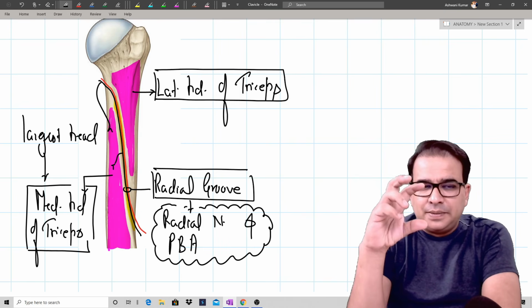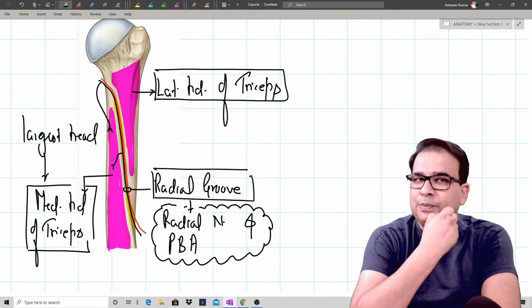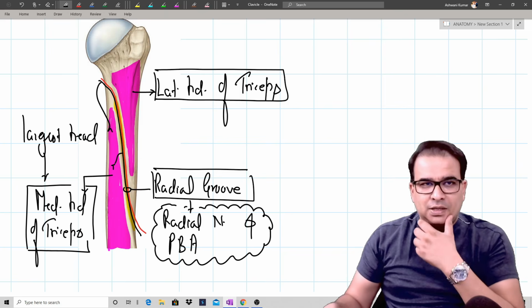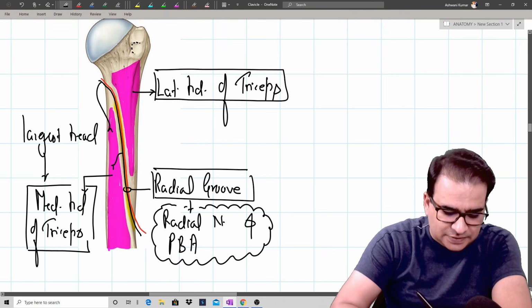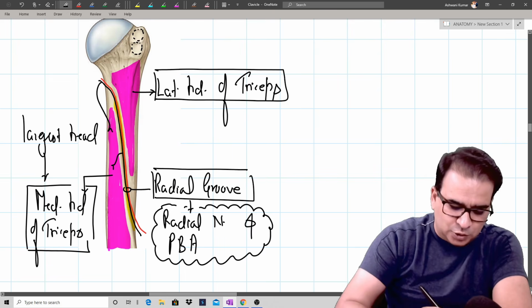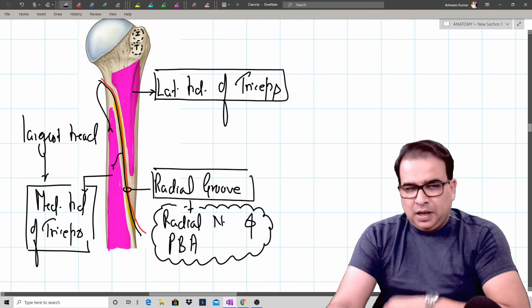Well, that's mainly about the upper end of the humerus. So we saw the anterior aspect and the posterior aspect. In this posterior aspect, the greater tubercle can be seen more clearly. You can see the facet here. Look at this facet here, the inferior facet, the middle facet, and the superior facet is more above. So this obviously is for the teres minor, this is for the infraspinatus, and supraspinatus is even higher here. Okay.